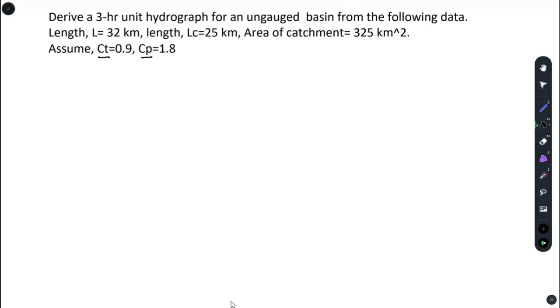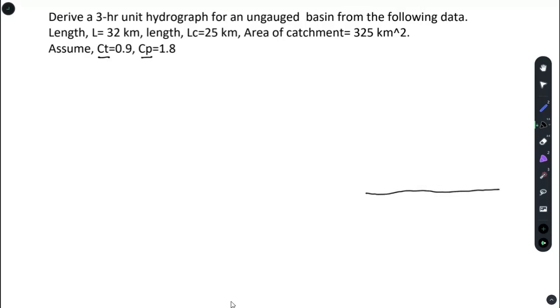So there are some ways you can find out CT and CP. You need time versus flow data from a gauged basin. From that, you can find out CT and CP. And from the CT and CP we have, we'll derive a synthetic unit hydrograph for an ungauged basin. So for that, what do we do? Let's say we have a graph over here, a graph like that,